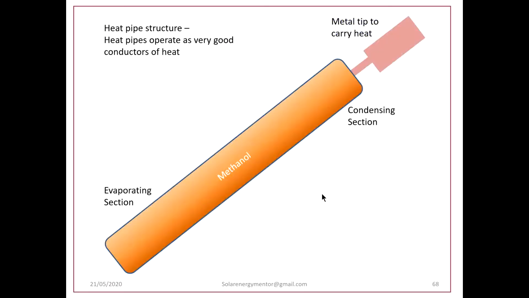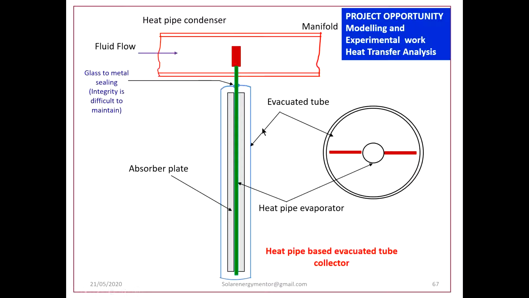Now let us come back to our discussion of evacuated tube. Now this is a plated heat pipe, we can say. So this is a heat pipe structure, and then on the side of the heat pipe there are two fins or absorber plates provided, which are blackened, and the entire assembly is embedded into a glass tube, and this glass tube is evacuated. So no air is present in between. Here this is a glass material and this is a metallic heat pipe. The material of the heat pipe is metal. Here there is a sealing.